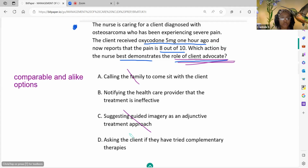So that's a good choice to get rid of. Very good. All right, and that leaves you with B. So you see by just using your clinical reasoning that we should really notify the healthcare provider that his treatment is ineffective, that he's getting his pain medicine. He got it an hour ago. His pain is still